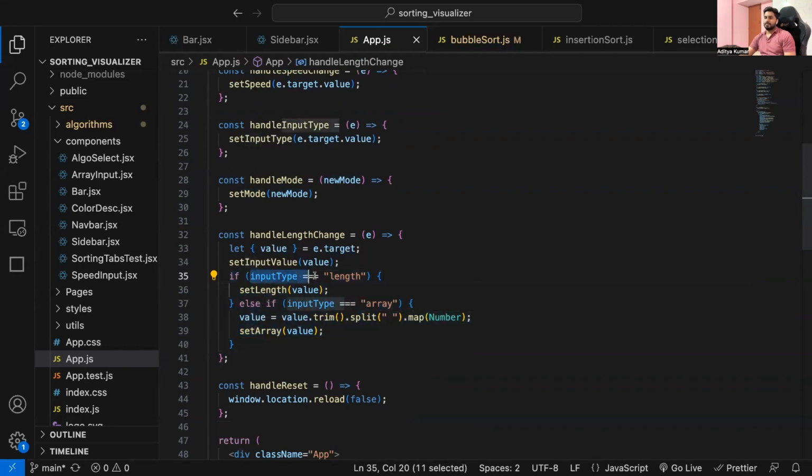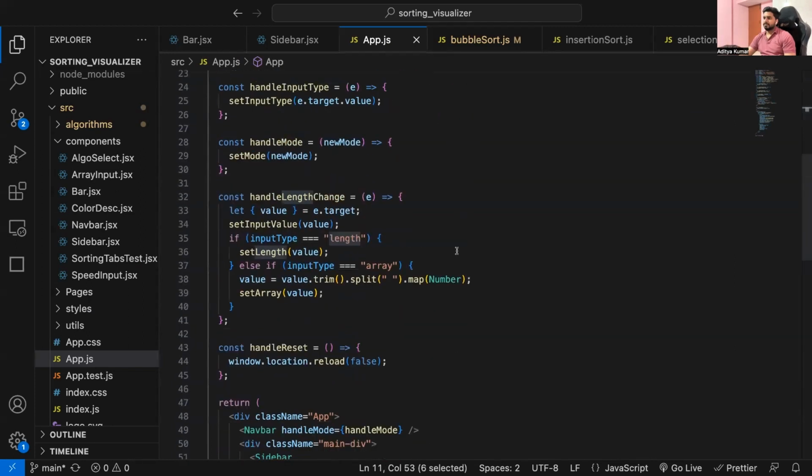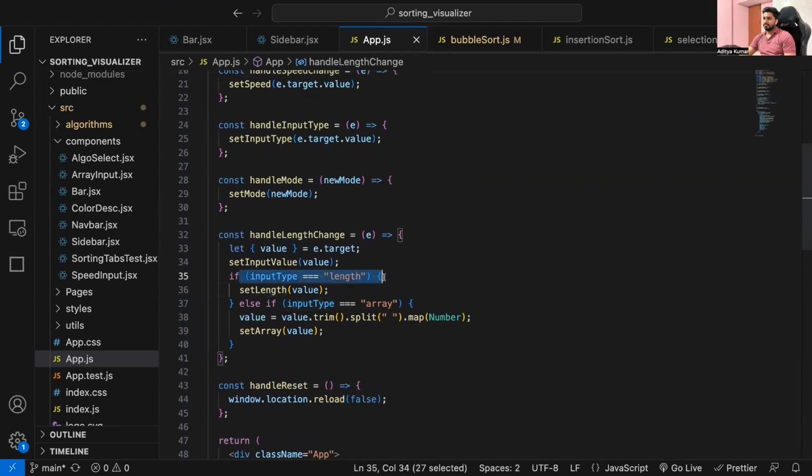If the input type is length, that means the user is inputting the length of the array that he wants generated automatically. So if the user has selected the option of inputting length, the length value will be set, right? Then if the input type is array,